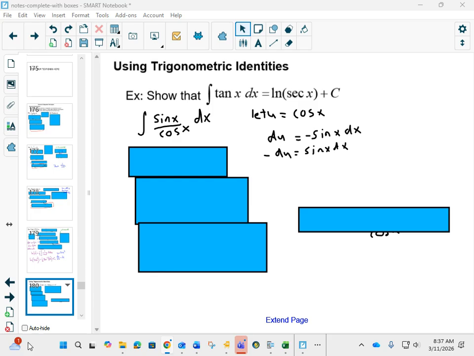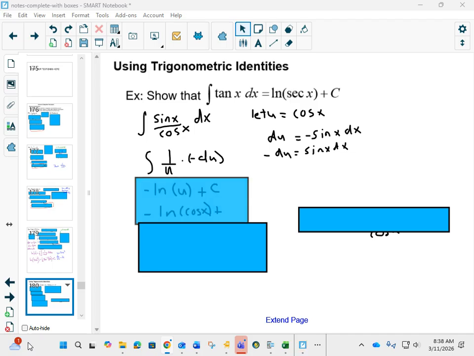Well, one of the things you could do is if you're stuck and you're like, tan x isn't one of my derivatives, so I need to change it to something. And if I change it to sine x over cos x, since the derivative of sine is cos and the derivative of cos is negative sine, you might say to yourself, maybe this is one I can use substitution with the chain rule. So what should I choose as my inside function? I should choose the bottom. We'll let u equal cos x, and the derivative is negative sine x, so sine x dx would equal negative du, and we can use substitution here,